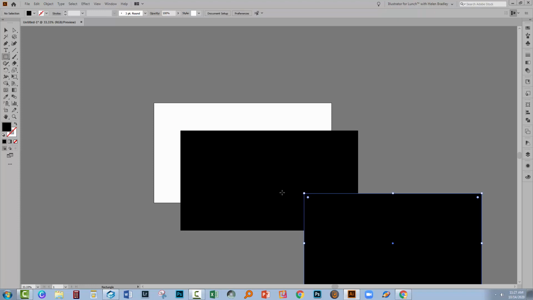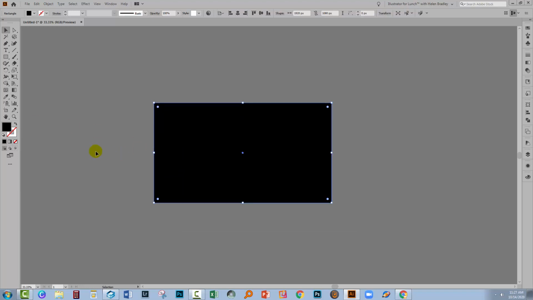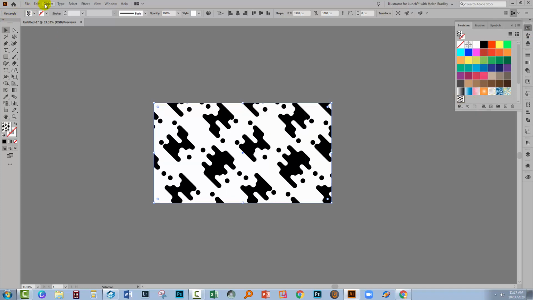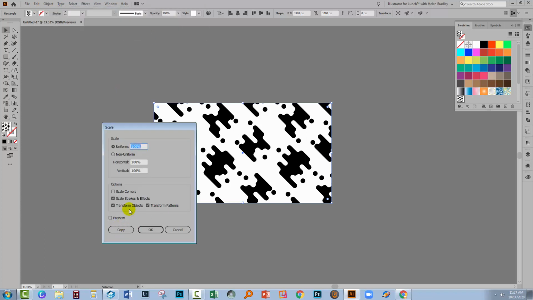Add my rectangle and go and place it over the top of the artboard. I'm now going to fill it with my pattern, so I have the fill color selected here. I'll go across the swatches panel and here is my pattern. If I want to see it at a smaller size, Object, Transform, Scale. Turn off Transform Objects because we don't want to resize the object itself. We just want to resize the pattern that's inside it. I'll take it down to 50%